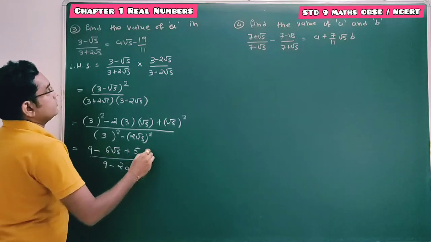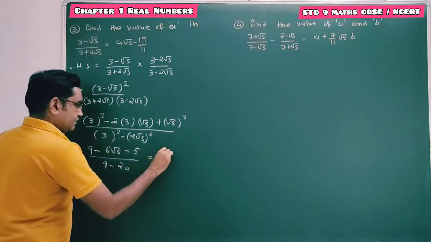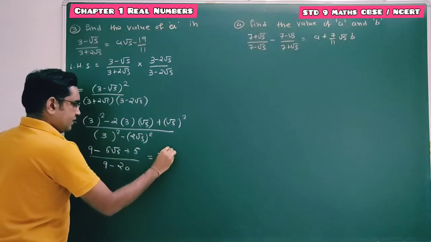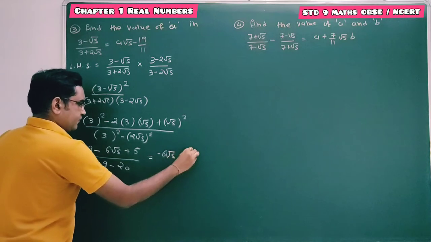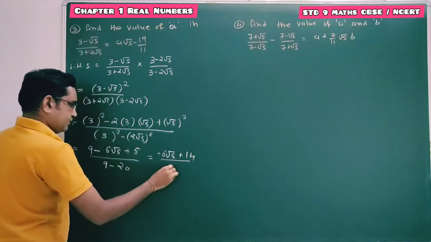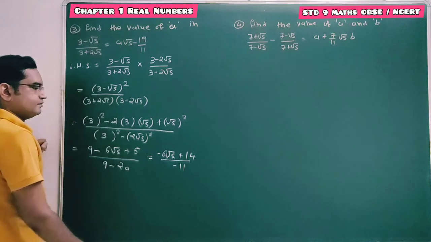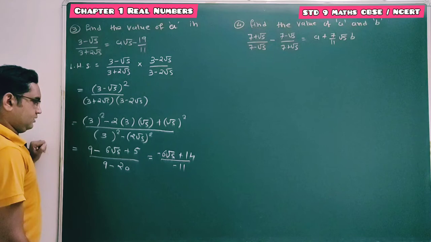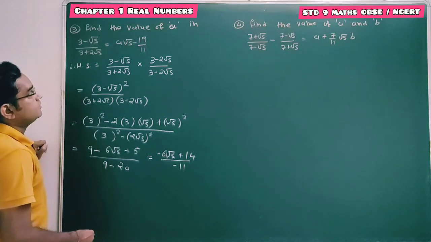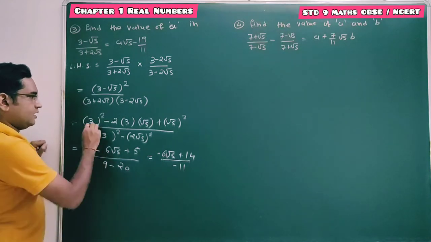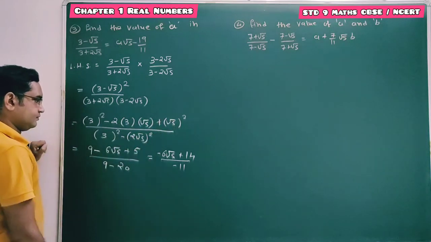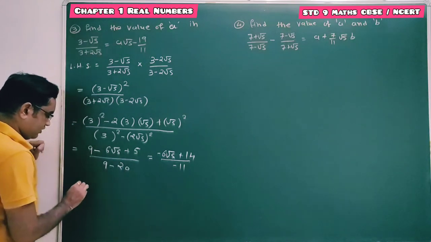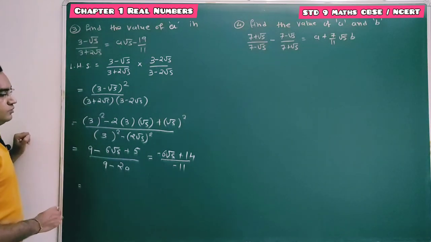Minus 6 root 5. So here we have to write this one as minus 6 root 5 plus 14, divided by this one, which is minus 11. So here this is nothing but the 19 should come. 3 square 9, root 5 square 5. So this is equal to, see which form it is in, this is equal to